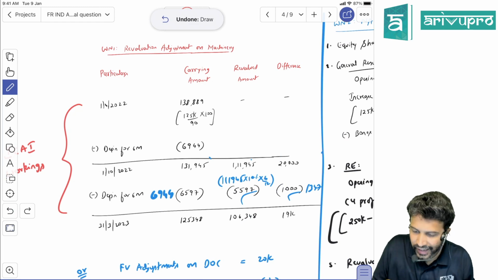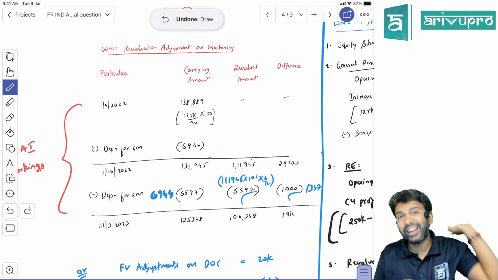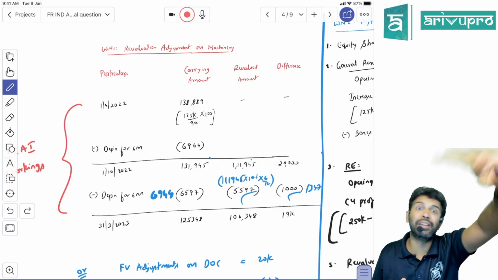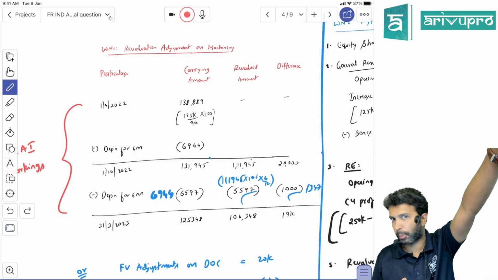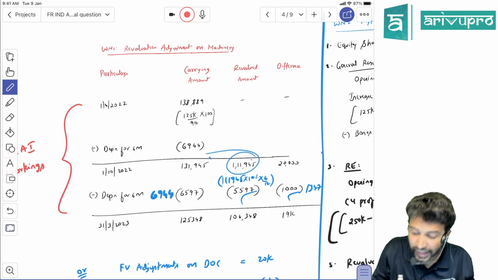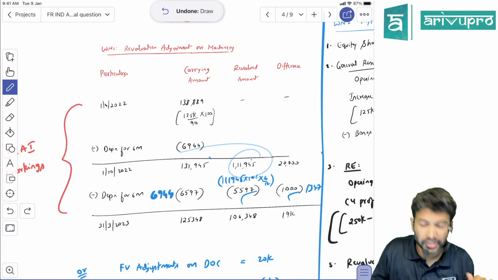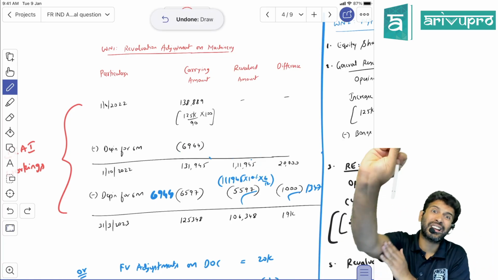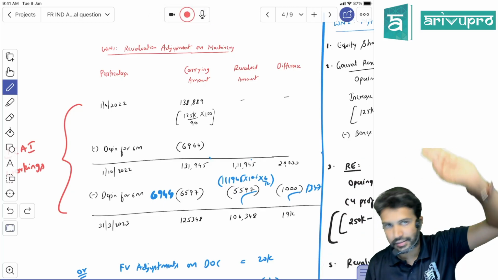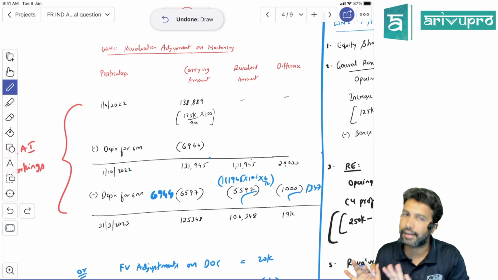Because the carrying amount on 1st April is not given, you use this when the fair value is not directly given to you in the question. If you refer to the DA problem and others, they had only told the fair value of plant and machinery is 1,11,945 or 2 lakh. Like this, the fair value of the respective assets on the date of control was clearly mentioned in the question. So if they give you the fair value of respective assets on the date of control, you do the working like this and calculate.